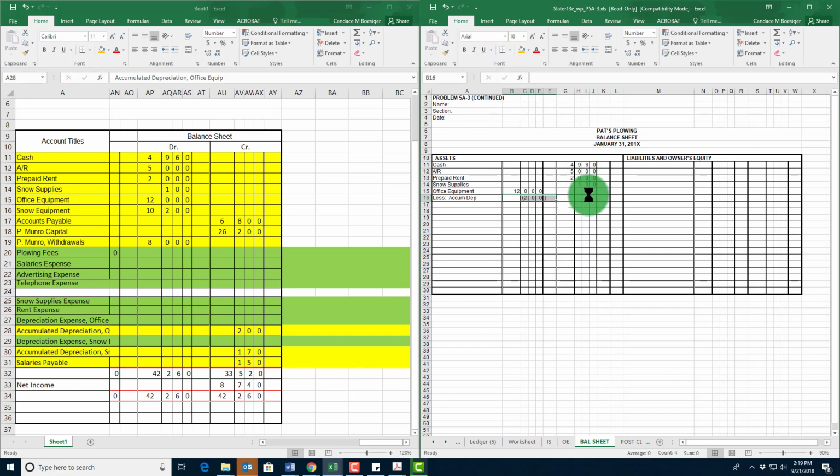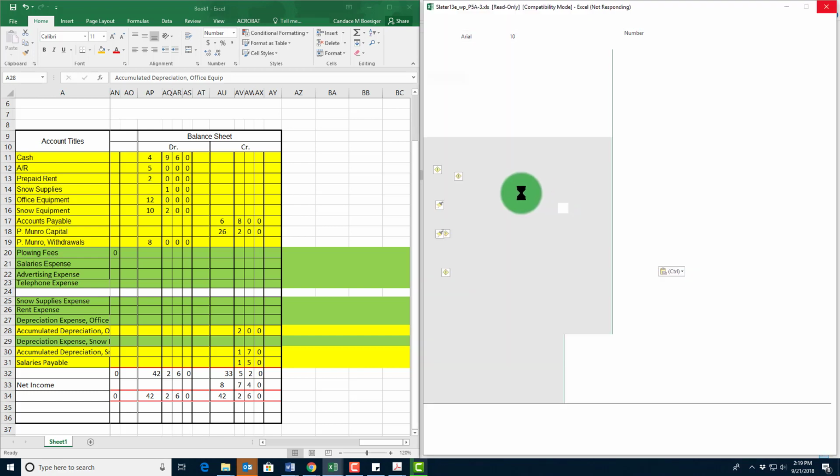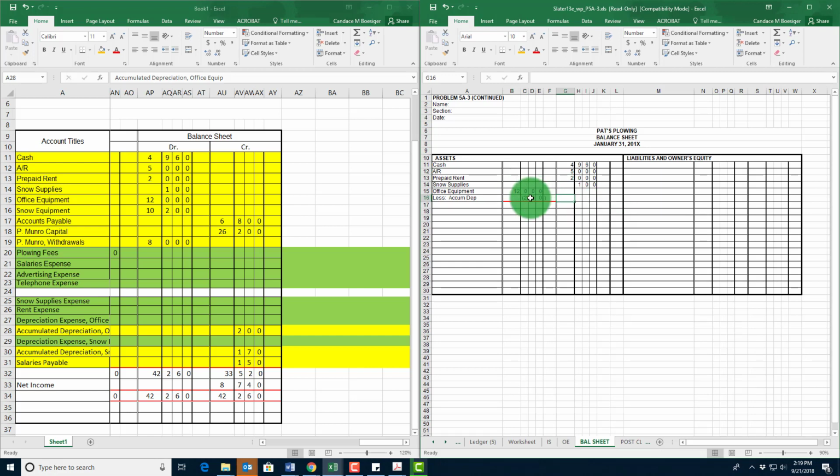Okay, and here's some crazy formatting stuff that happens. Okay, I'm going to take 12,000, I'm going to subtract 200, and the balance is going to go right on the same line. What this means is I still have $11,800 left to depreciate of that asset. That's why I need to know that number, so that when I go next month, I can look to see, do I still need to depreciate